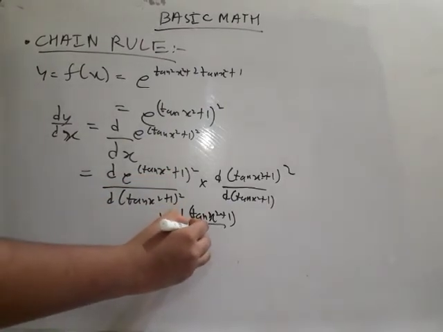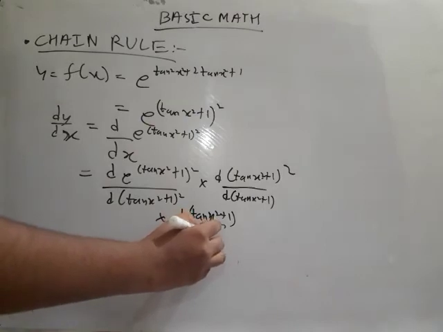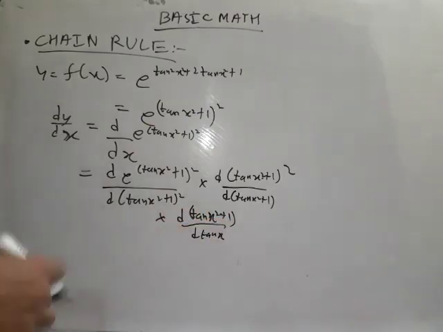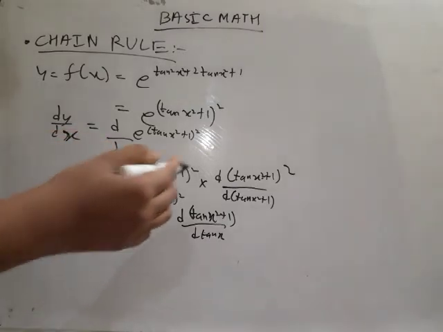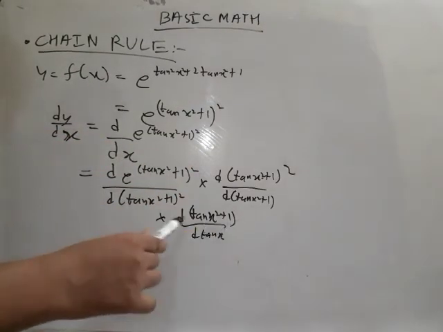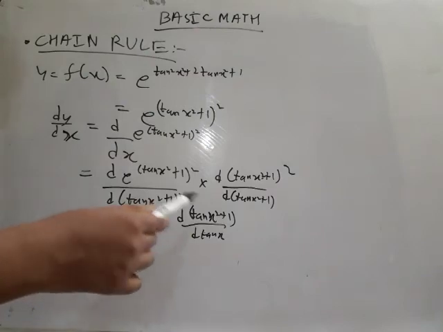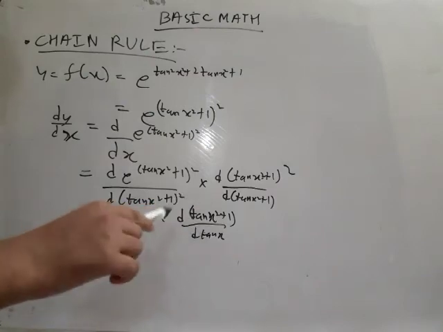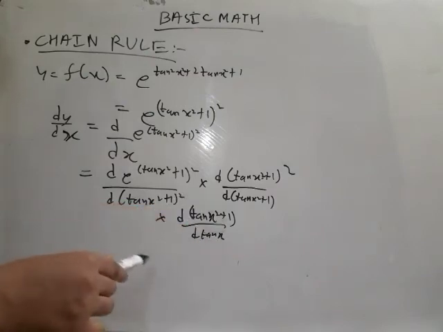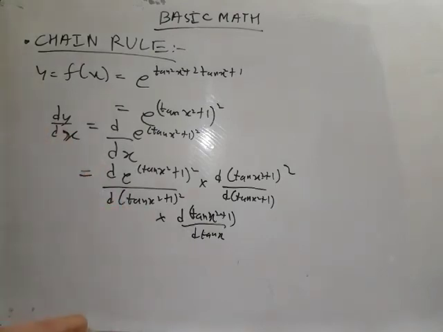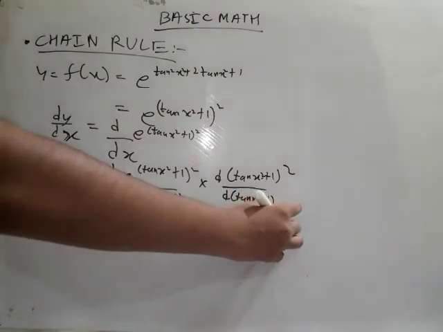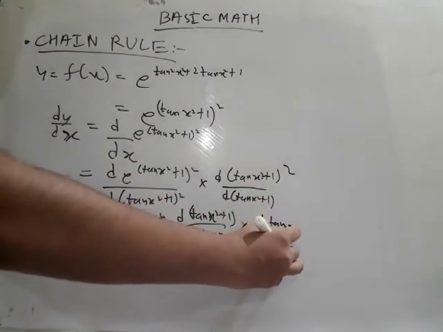Obviously no. So what do we take? d tan x. We may also have taken tan x square plus 1, but we will take d tan x. Why? Because if I take tan x to be t, then it is d of (t square plus 1) by dt. So d t square by dt becomes something, and d of 1 by dt, that is dc by dt, becomes 0. Again, into d tan x by dx.